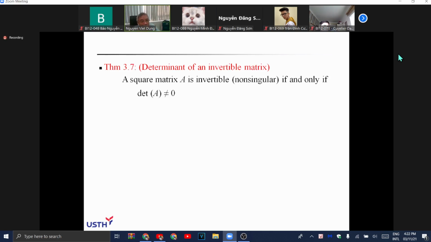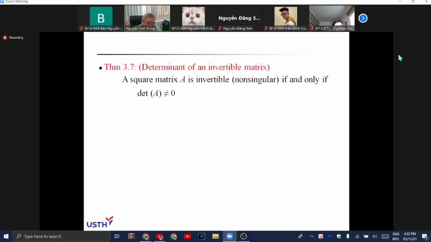Now I am going to tell you one more thing about invertible matrices. A square matrix A is invertible if and only if it has non-zero determinant. So going back to the notion of an invertible matrix, I know that for you, one of the